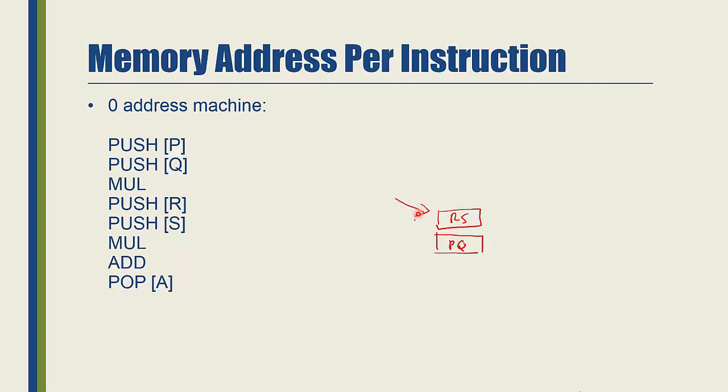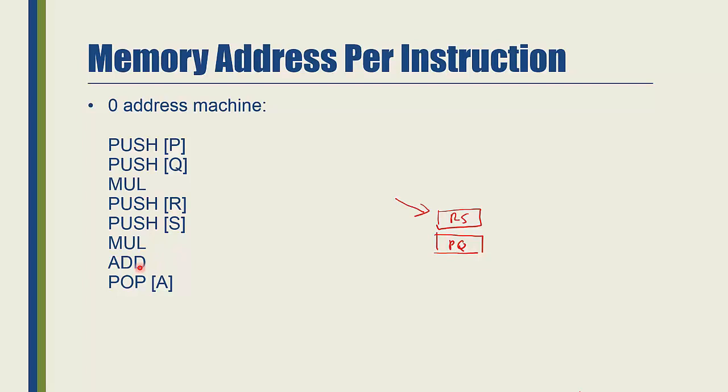At this point, the two operands that we require for the next operation, which is the addition, are already on the top of the stack. So we do not need to do anything. We just issue out or put the operation on top of the stack. Then it will pop out the top elements on the stack and then perform the addition operation.